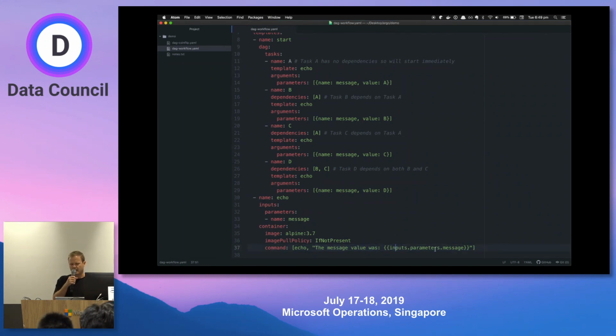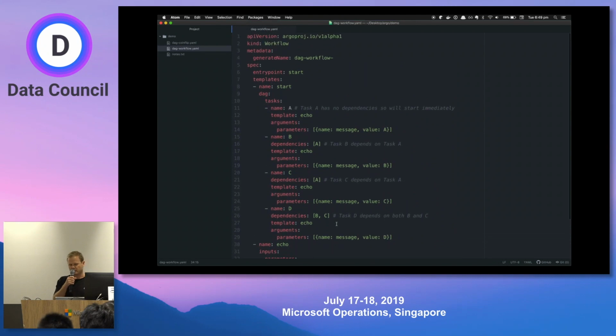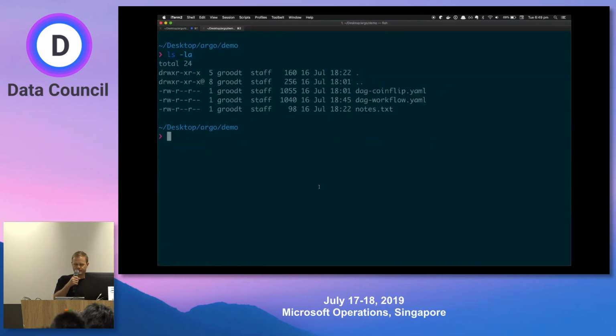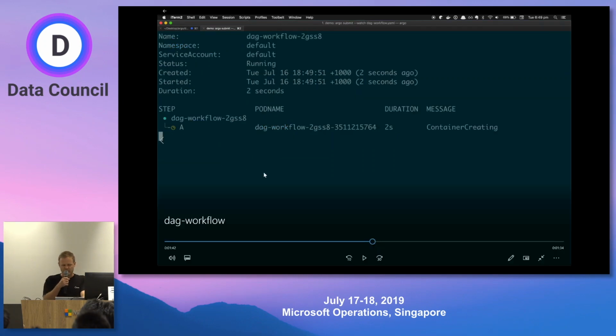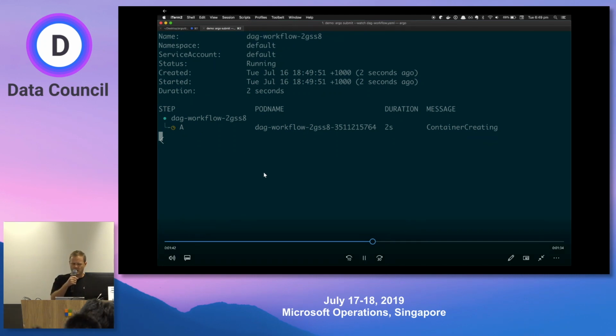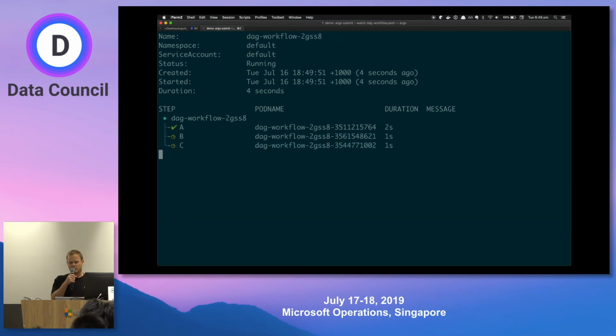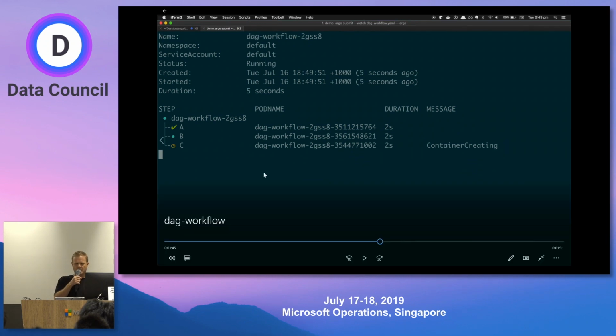And you can see that it's taking as a parameter input message that we were defining above. So task A was sending A, task B was sending B, task C was sending C. Now you're going to submit the DAG to Argo, running on your Kubernetes cluster. So there you go, you can watch it. So this is one mechanism of interacting with the DAG at runtime. You can visualize it running in your machine, so you can see that task A ran first at the top here,